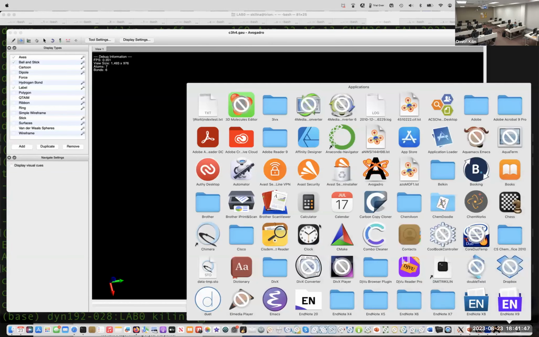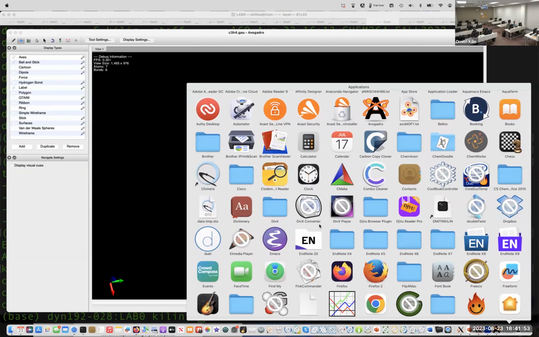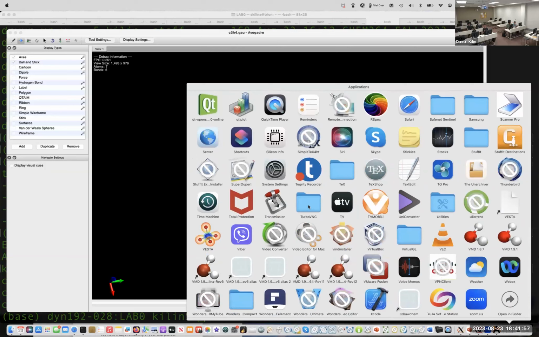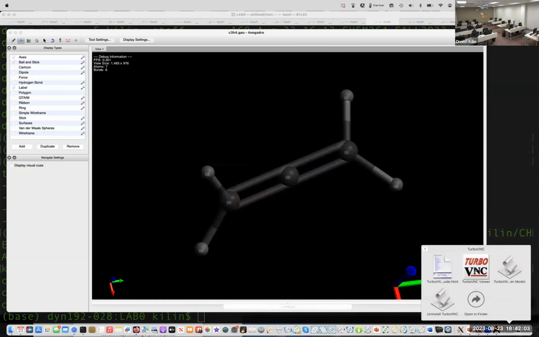So Turbo VNC works for Mac, and I will not show the process of installing because it was painful and lengthy. But here is Turbo VNC. I run it,